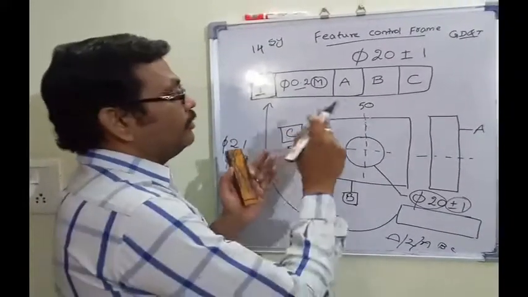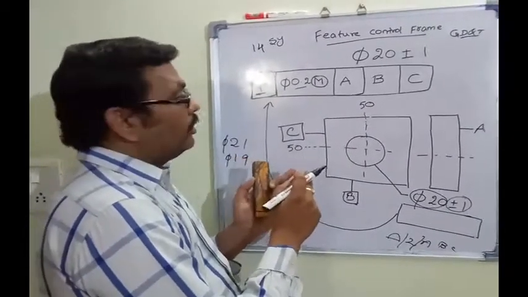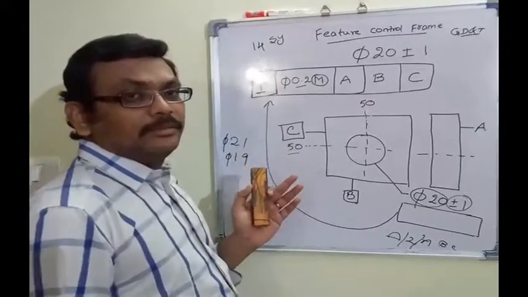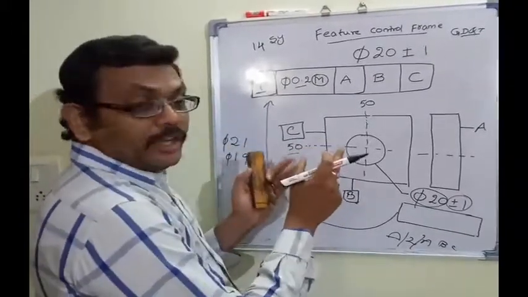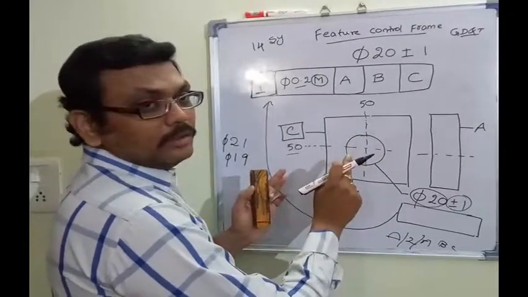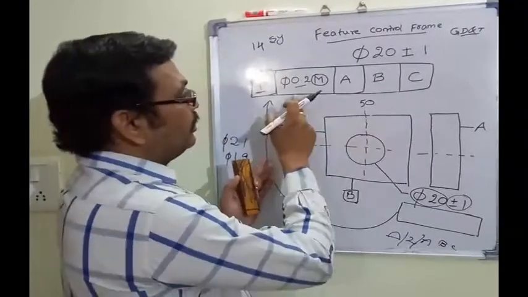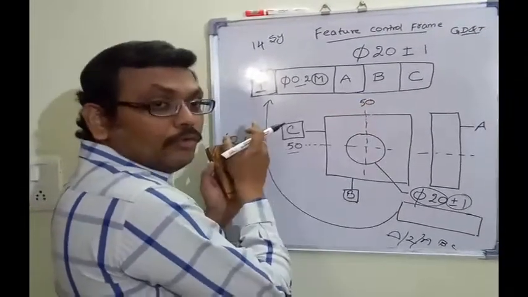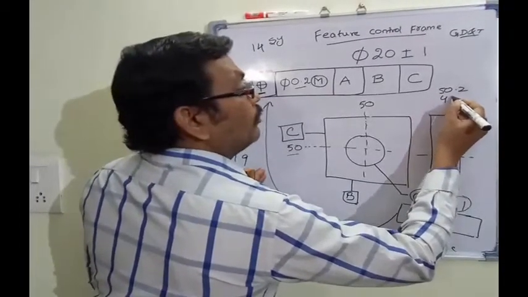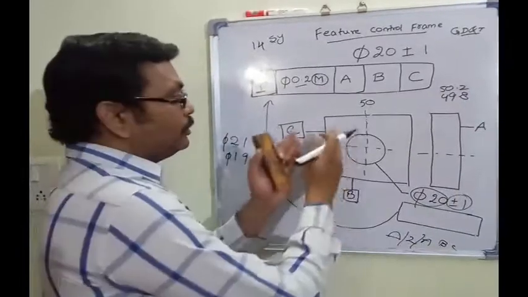It can go 50.2 or 49.8. Similarly here also. I am talking about the position of the hole, not the diameter of the hole. Position of the hole can vary 50.2 to 49.8. This position can vary,